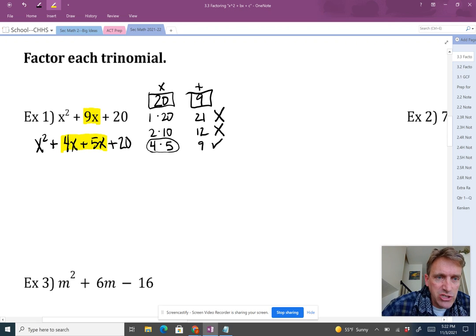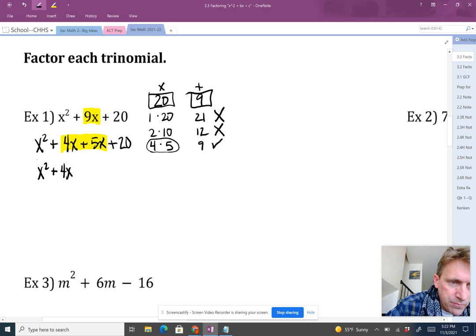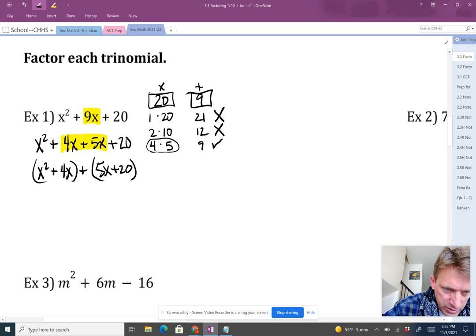So there's no change in what I have written up in the example and how I've rewritten it. It's the same example, but now I can factor it by grouping. Let's do that one first. x squared plus 4x, in parentheses, plus 5x plus 20, close that in parentheses. And then I say, well, what is the greatest common factor of x squared plus 4x? And that would be x